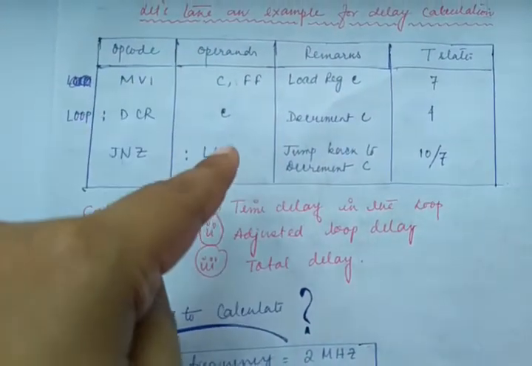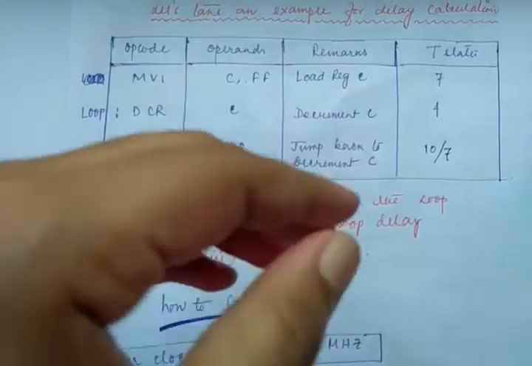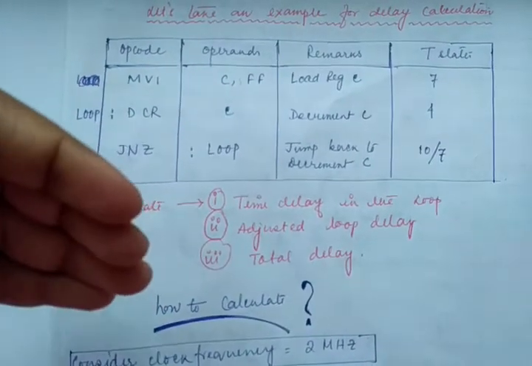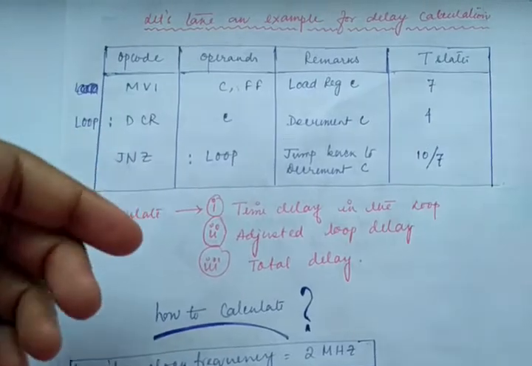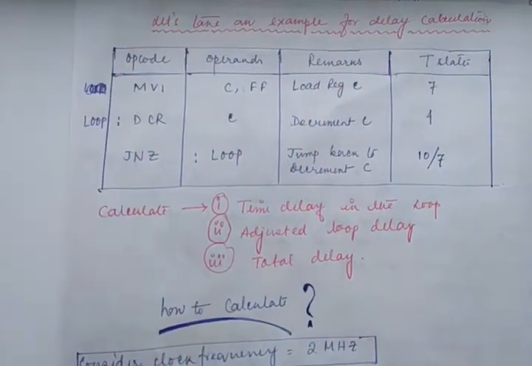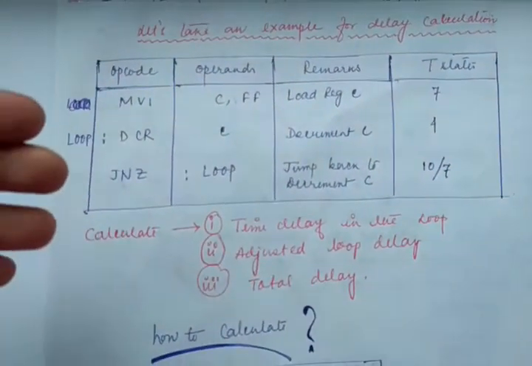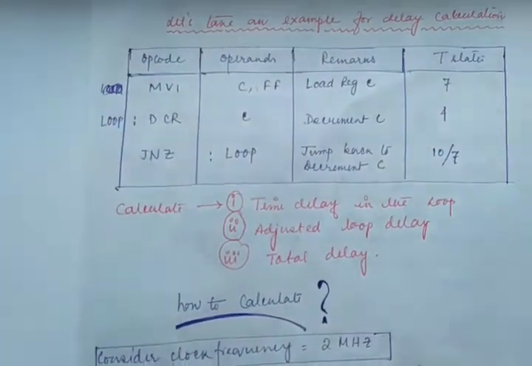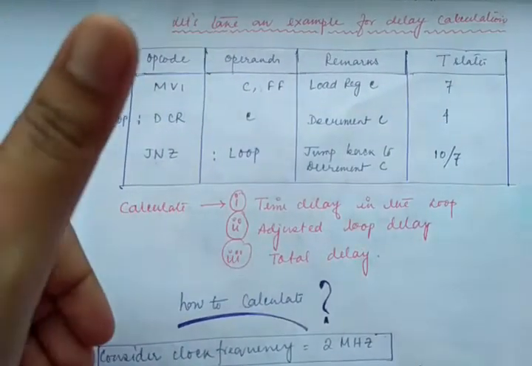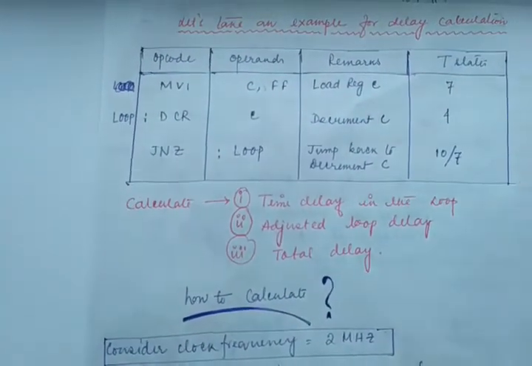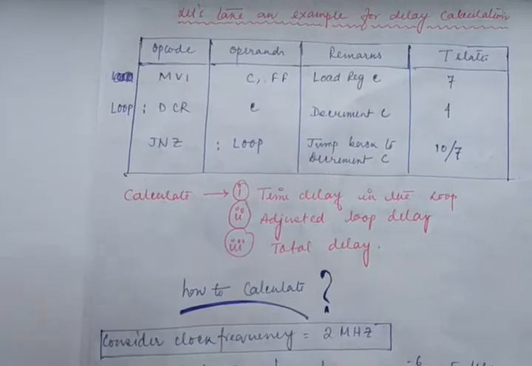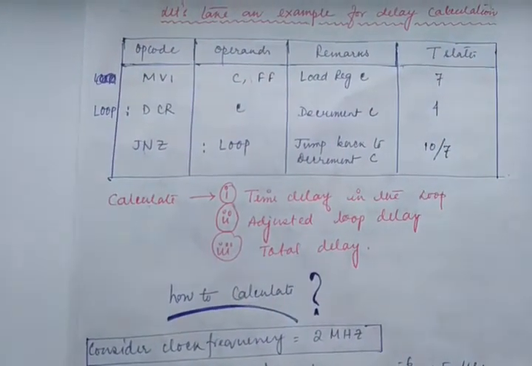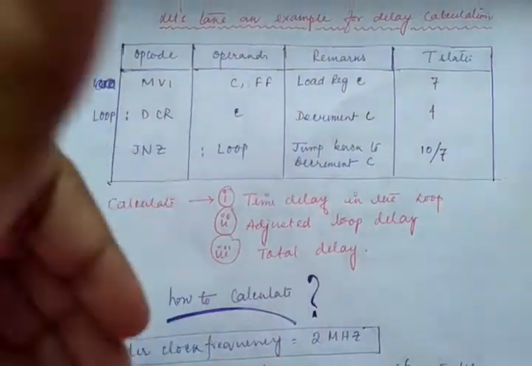And what is your counter value? The counter value I have used here is FF, because this is in hex code, but whenever you are going to calculate the delay, you have to convert it into decimal form, otherwise you will not be able to calculate the delay. So there are various formulas and sections which will help you to calculate the delay easily, right? And what are the parts that I will concentrate on, that I will discuss, right?